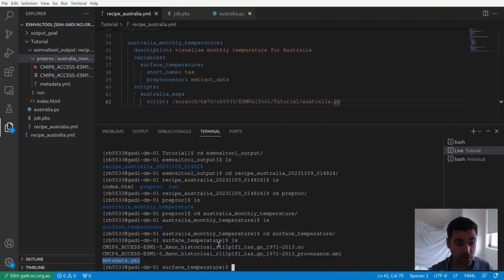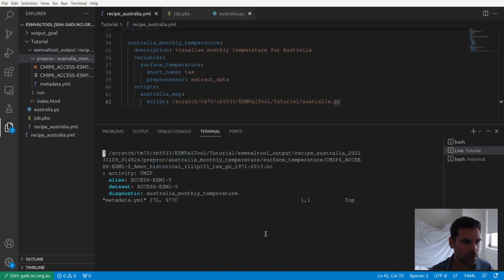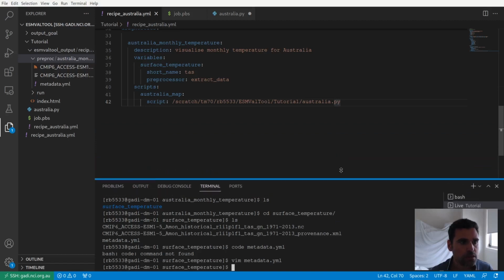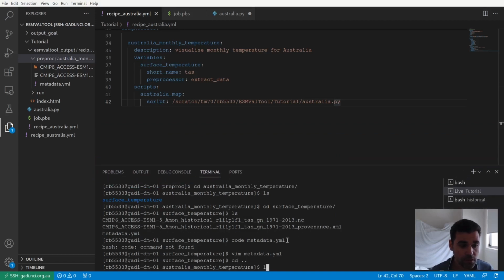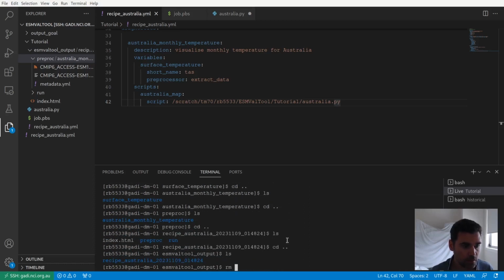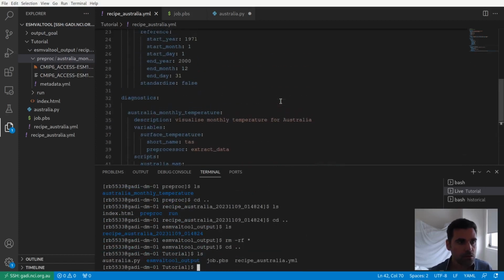So ESMValTool has a great system for provenance. You can open these things and have a look, explore, but it's basically some information that is passed from the preprocessor to the diagnostic script. So I will explain a bit further down the track what this does. But yeah, okay, so our preprocessor is working, which is great. Let's go back now to our